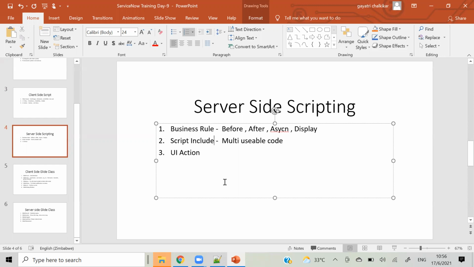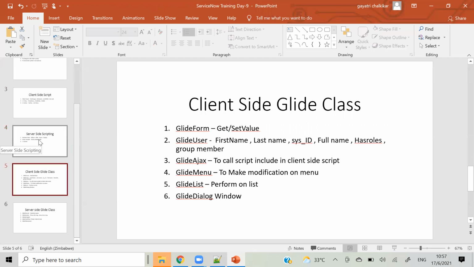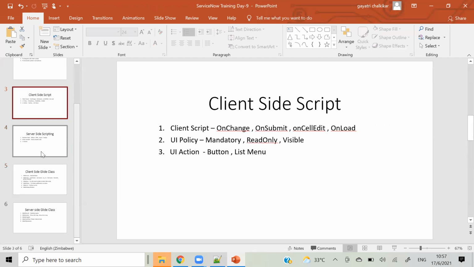After that, for the next 5 days we will work on use cases. I will do 5 to 6 use cases and show you, and after that I will give you 5 to 6 use cases which you can try by yourself. If you have any queries, we can try that in one session. Is that clear? Because scripting is the important part in ServiceNow.